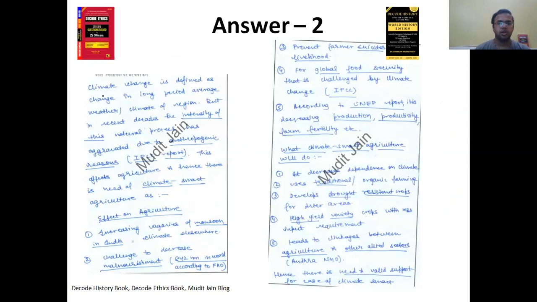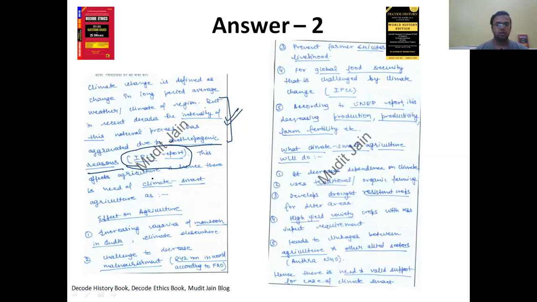I've defined climate change in the introduction. I'm using keywords like, in the recent decades, the intensity of this natural process has aggravated due to anthropogenic reasons. In bracket, I've just written IPCC. Now, this is what I told you. This fact you must be aware already from the newspaper. From plain reading of newspaper, you will be aware. And this was also mentioned by IPCC. So whatever you are aware, just write that, and in front of that write IPCC. I'm damn sure this bluff will work.